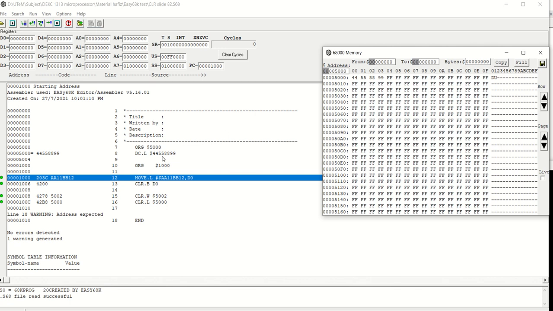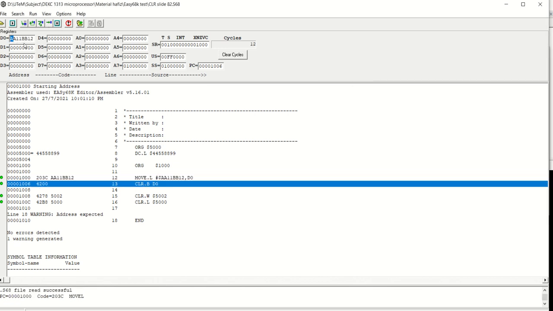You can see here 44558899. And then you expect D0 will change. D0 is AA11 BB12. And then if you clear byte, the 12 will be cleared to 0.